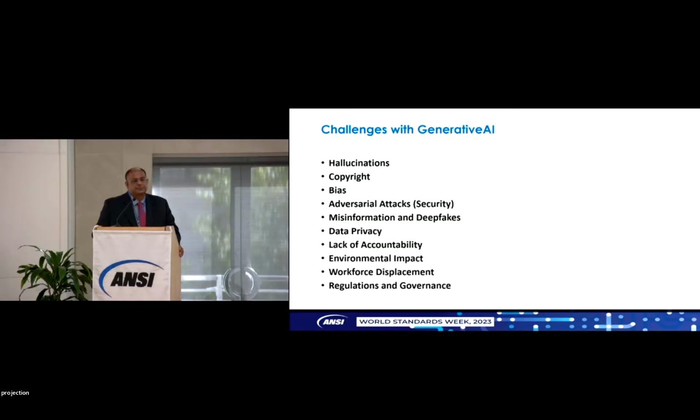Workforce displacement, again, a lot of jobs where those could be kind of automated. And a real challenge also for regulations and governance because of all these issues which kind of create different parts of the world having different opinions based on cultural norms. So it certainly is a lot of challenge. Again, a lot of promise too. But let's ask ChatGPT